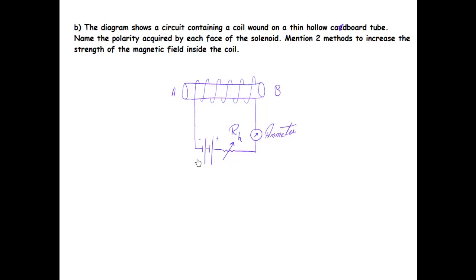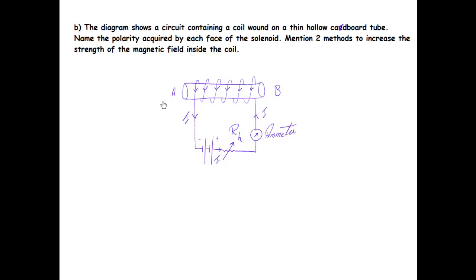So as you all can see, there's a battery out here and there's a rheostat out here and there's an ammeter out here. Obviously, since the positive terminal of the battery is out here, the current is going to start from the positive terminal and then go behind the cardboard tube and then move down in front of the cardboard tube. So the path of the current is what I'm marking out here, and finally the current returns to the negative terminal of the cell.